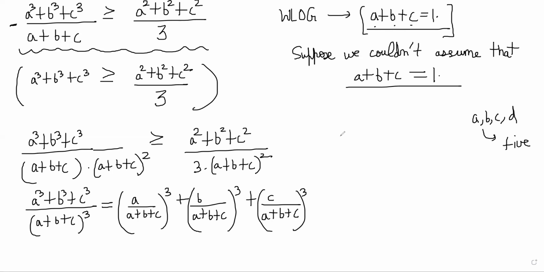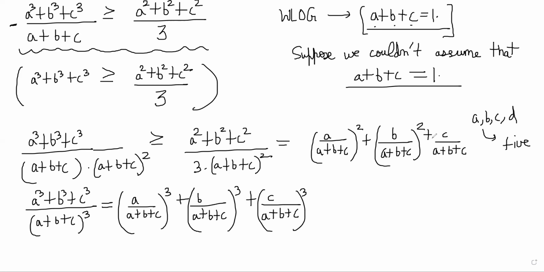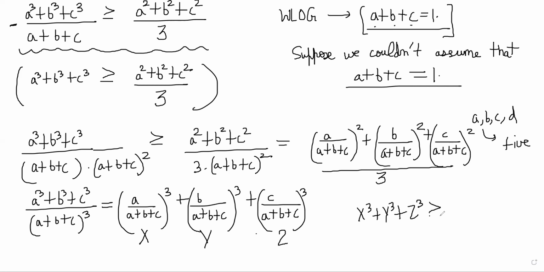And what about the right hand side? The right hand side looks like a by (a + b + c)² plus b by (a + b + c)² plus c by (a + b + c)², whole divided by 3, right? So now if we call this x and this y and this z, the inequality becomes x³ + y³ + z³ is greater than or equal to (x² + y² + z²) by 3, right? So can you see that the original inequality has been converted to this form,